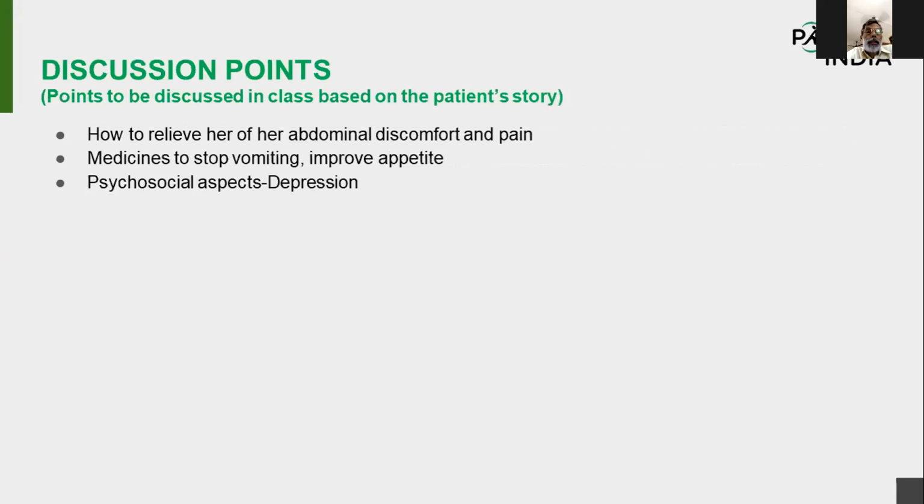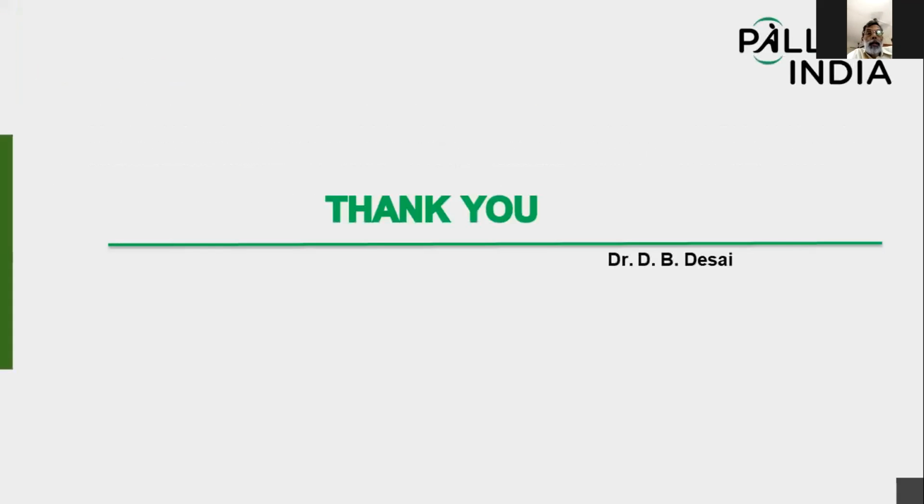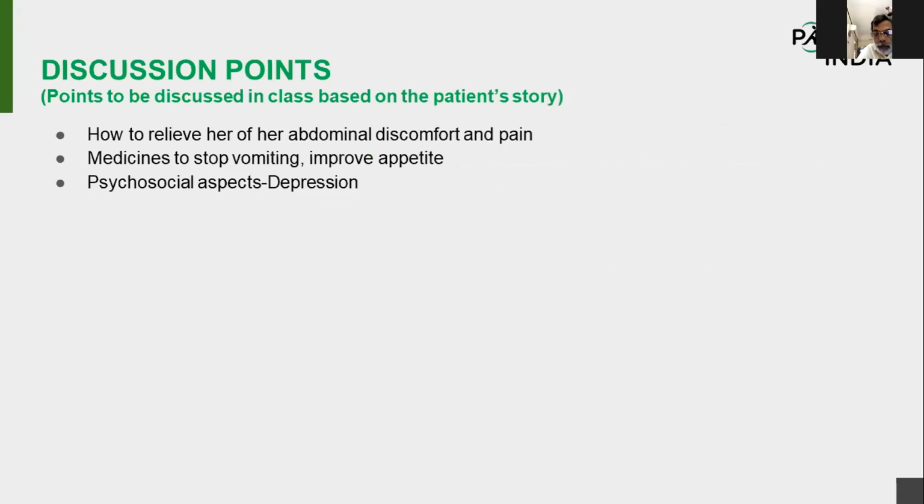Now, the points for discussion are how to relieve her of her abdominal discomfort and pain, medicines to stop vomiting and improve appetite, and psychosocial aspects, that is depression. In Dilasa, we gave her tablet morphine 2.5 milligrams TDS to start with for pain. For constipation, we gave her Bisacodyl 2 HS, IV fluids for dehydration, tablet amitriptyline for pain, tablet Perinom for nausea, and